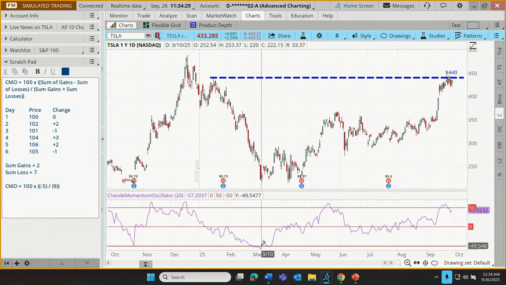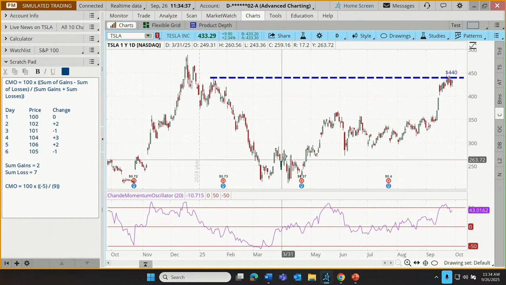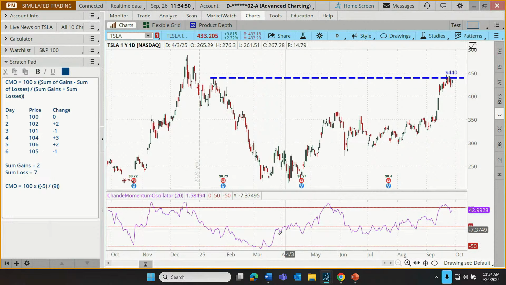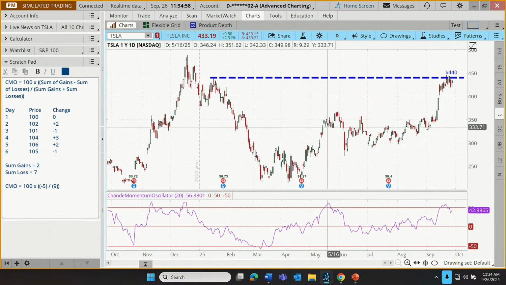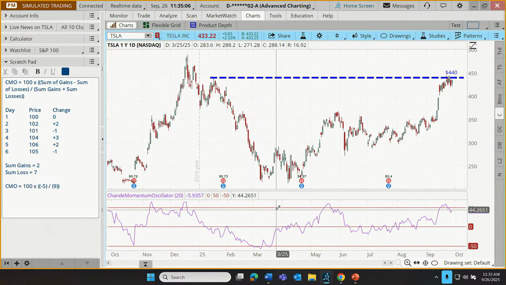So if we can get back up to the zero line, that may be a signal to take profits. So an entry here might have been, as we're popping back up above minus 50, this looks like an entry right there with a possible exit right, looks like here. Now a second exit, if a trader is really patient and looking to be more aggressive, is to wait to see a rise from one extreme to the other. And in this case, just crossing above the 50 may be the signal to the trader to exit right there. In this case, both of those signals worked out. Doesn't always work that way. I always have to say that. But that's a typical trading approach to this.